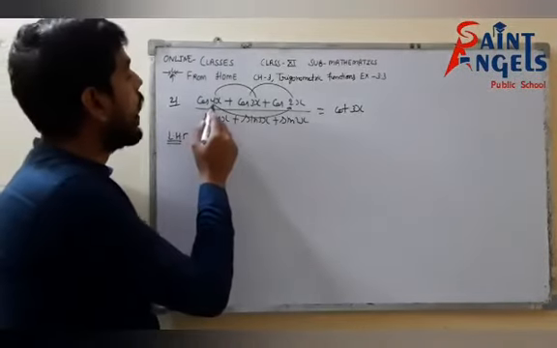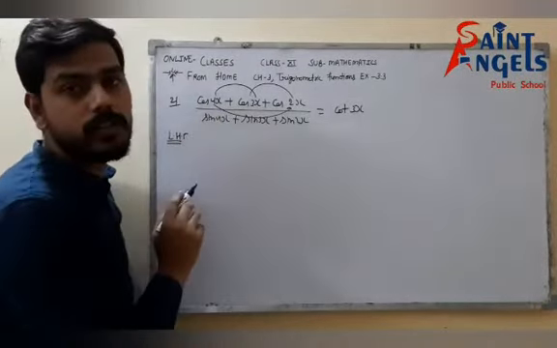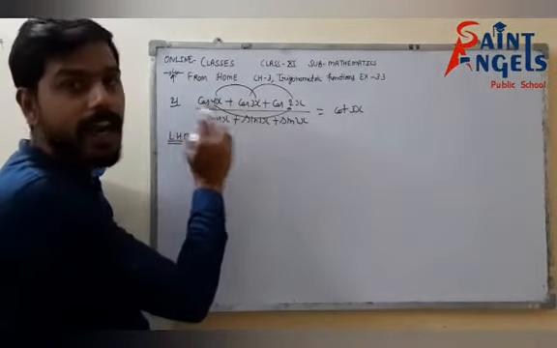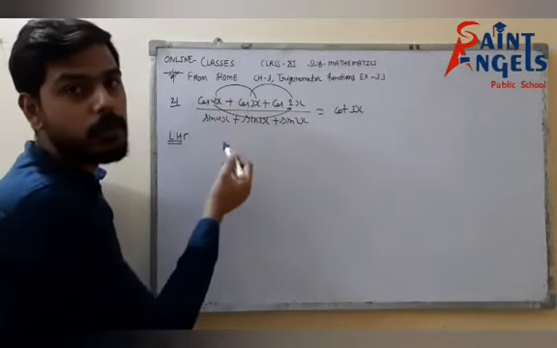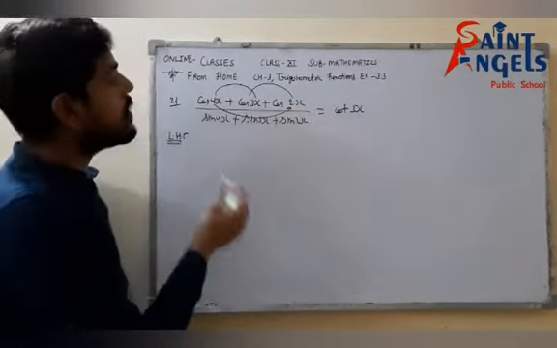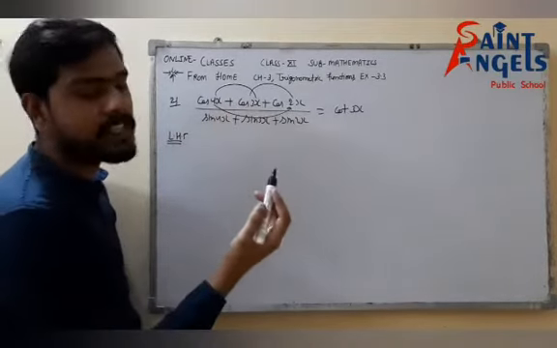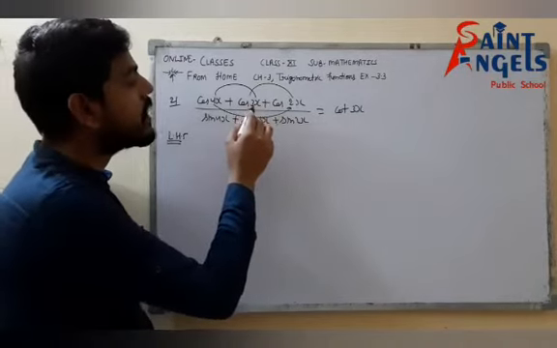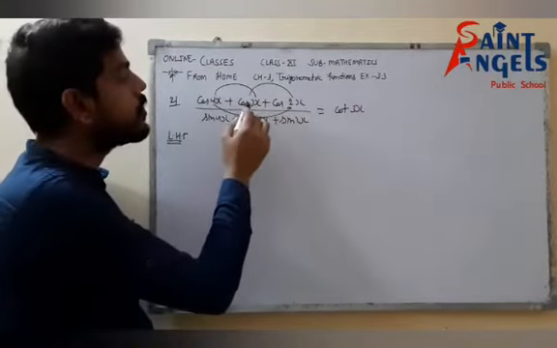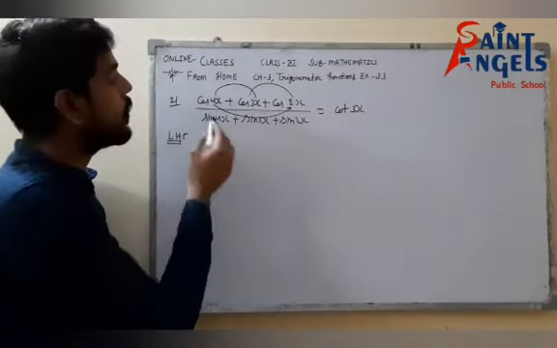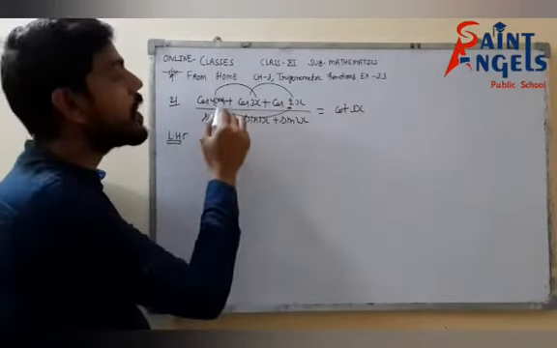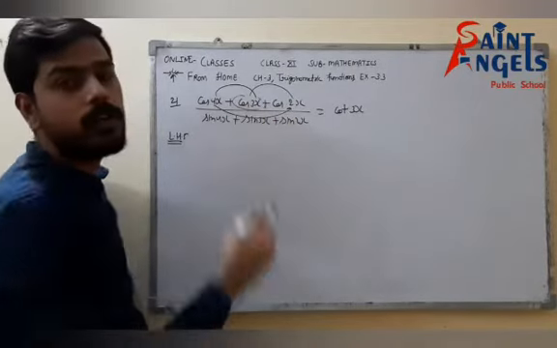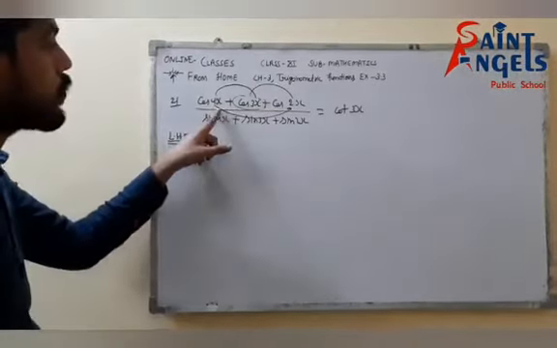Suppose I applied the formula in cos 4x plus cos 3x. The formula would be 2 cos (a plus b) upon 2. It means first we add: 4x plus 3x, how much will come? 7x upon 2. Nothing is common in 2x. If I subtract, 4x minus 3x, I'll get x upon 2. Nothing is common. If I apply 3x and 2x, when I add 3x plus 2x, 5x upon 2, nothing is in common. 3x minus 2x, x by 2, nothing is in common. But when I apply 4x and 2x, 4x plus 2x upon 2, 6x upon 2, 3x, I will get something in common. So we'll apply the formula in cos 4x plus cos 2x.